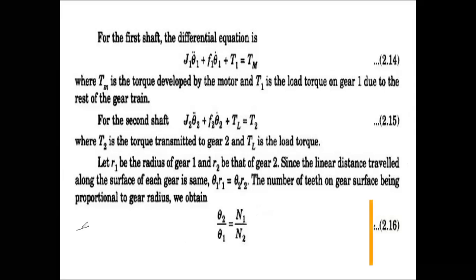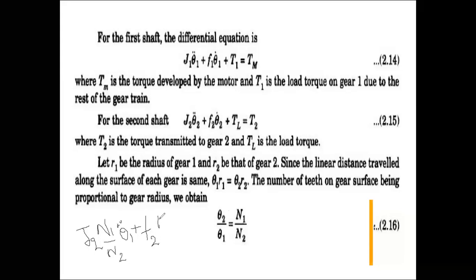Then you get J2 multiplied by theta 2 double dot, which is n1 divided by n2 multiplied by theta 1 double dot, plus, when we replace here, F2 multiplied